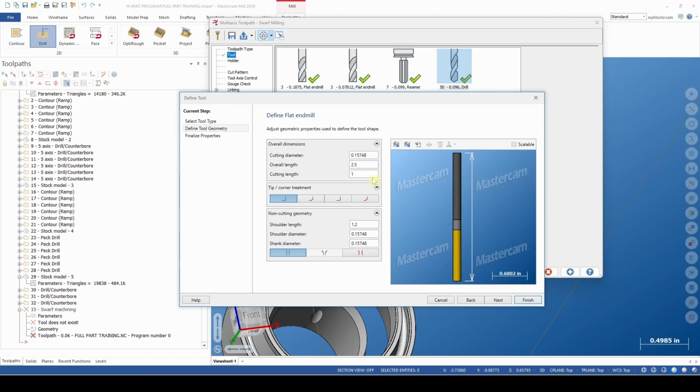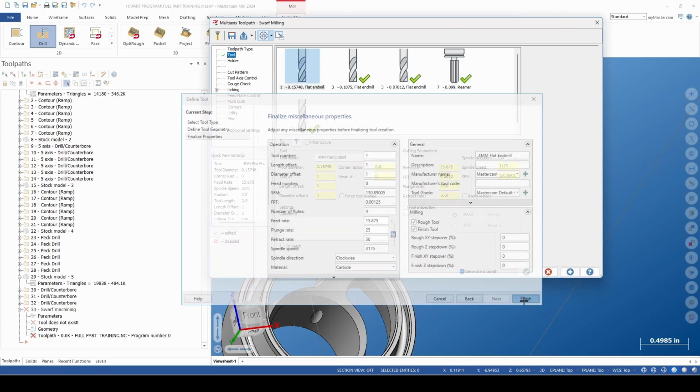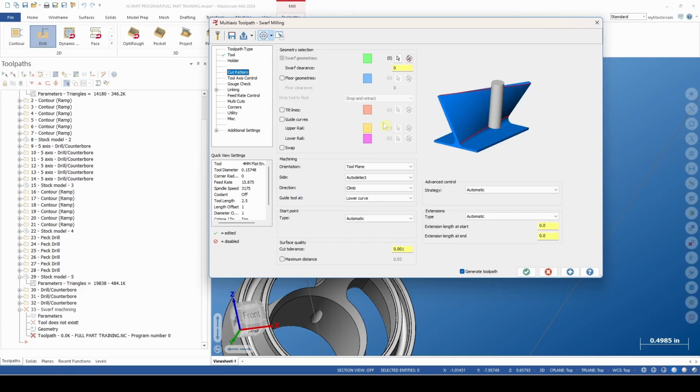We're going to say this is 2.5 inches long. I can't remember, I think the length of the cut is about right at an inch. That shows the shoulder length, and that should be good enough. We can say this is 4 millimeters. Again, we won't worry about feeds and speeds. All right, so